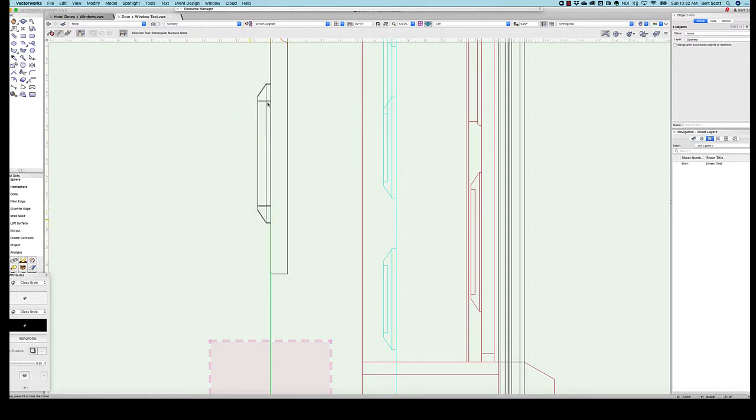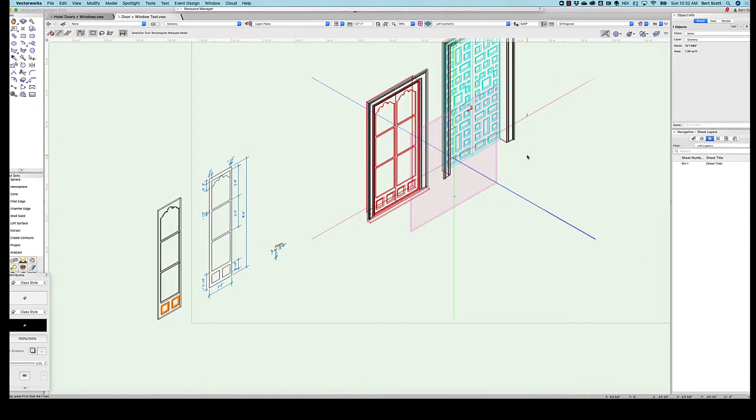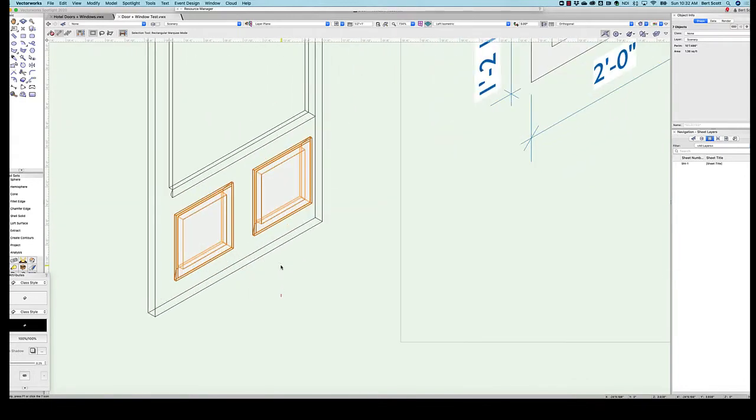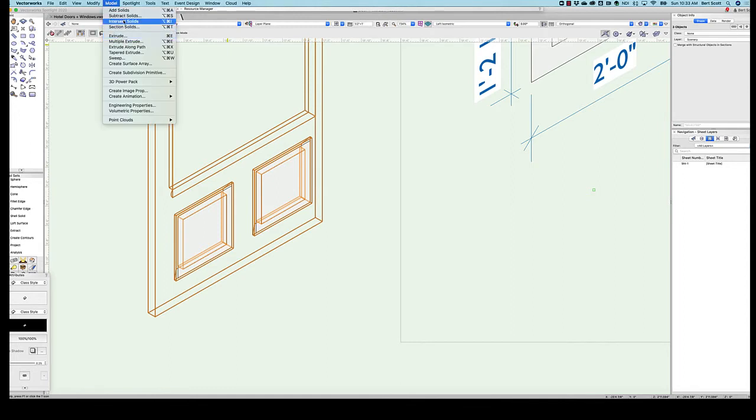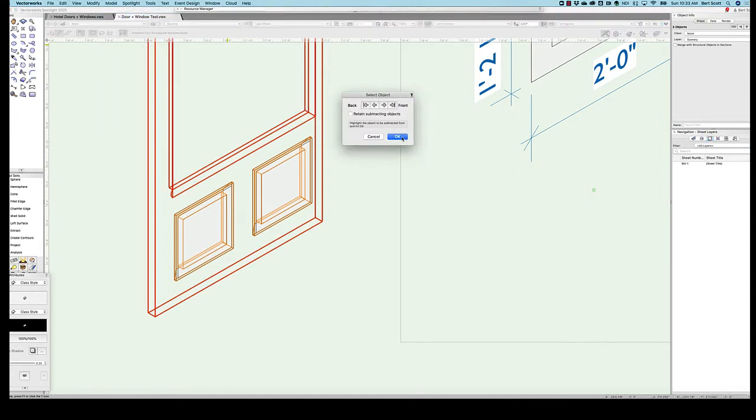So we just need to unselect everything and then select all these things and move them to... No, now I really need to move them to align to the front of the window. There we go, like that. Okay. Sorry about that. Now we'll select this one and the window, and model, subtract solids, and